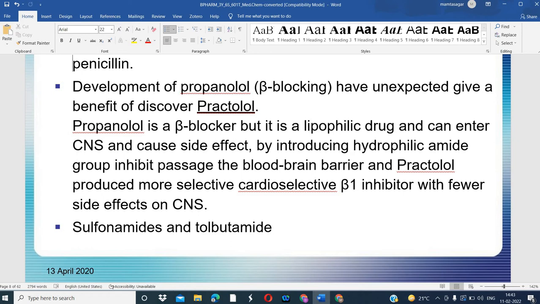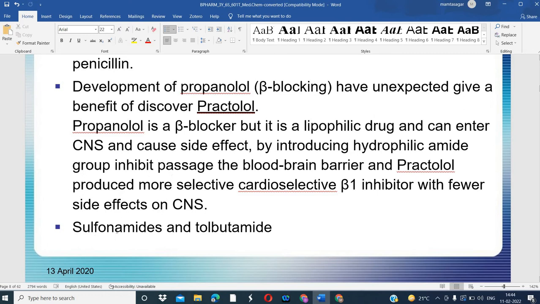Okay. So why does it cause CNS effects? Because it crosses and reaches there. Okay, practolol is a more selective, cardio-selective beta-1 inhibitor with fewer side effects on the CNS. So in practolol, we do not have the side effect as much as there is in propranolol. Okay, so what have we done? There is a change, like